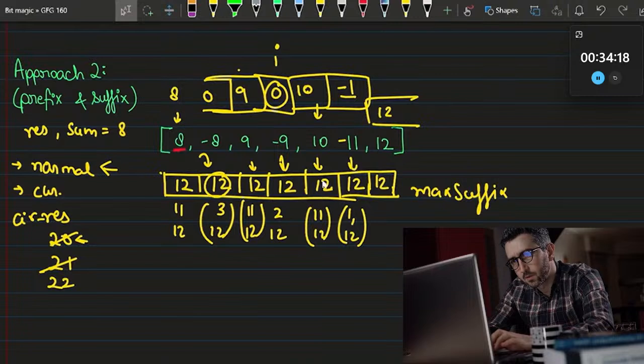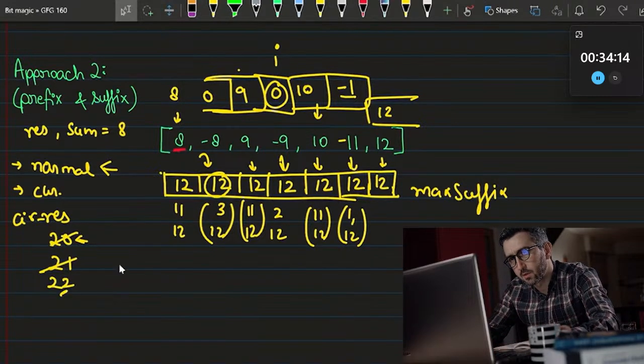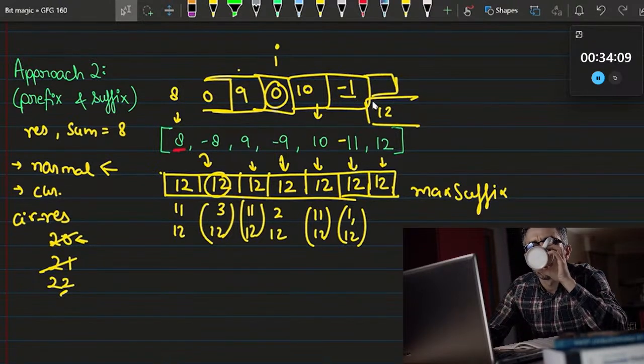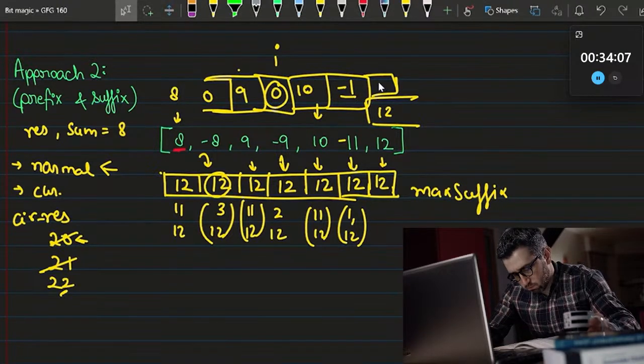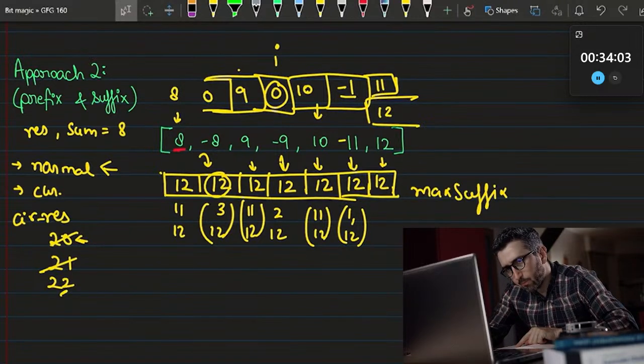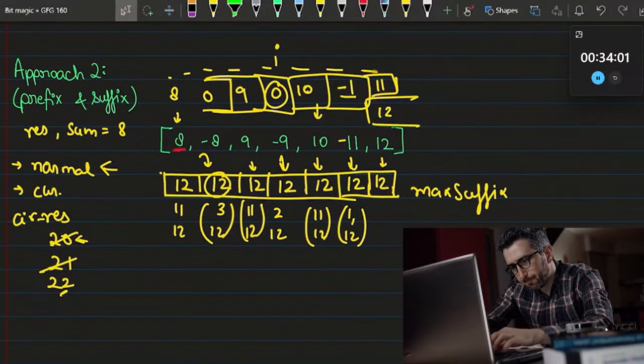Now my answer is -1 plus 12, resulting in 11. It is not bigger than that, so this is going to be predominantly considered. Here, once I'm done with it, let's take this value. If I calculate the prefix, I can say -1 and 12. I only got 11 again, right? So we are not going to consider that, because the prefix, like this complete array, is not giving you the